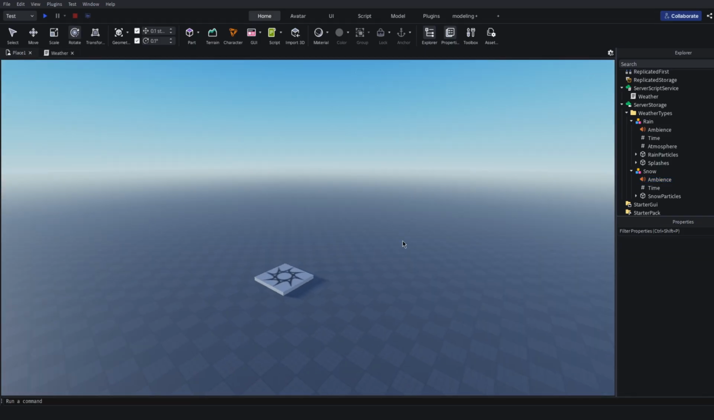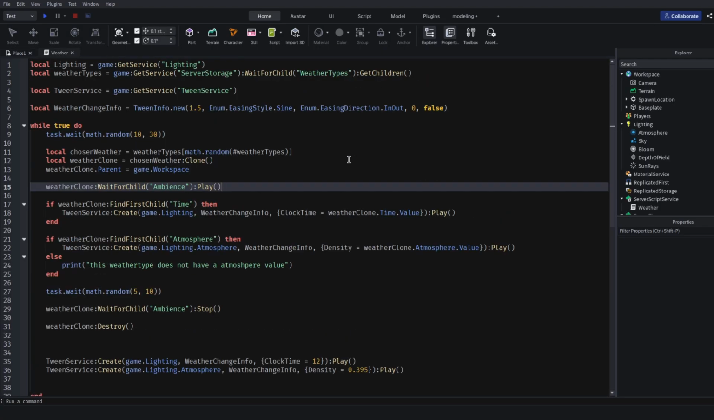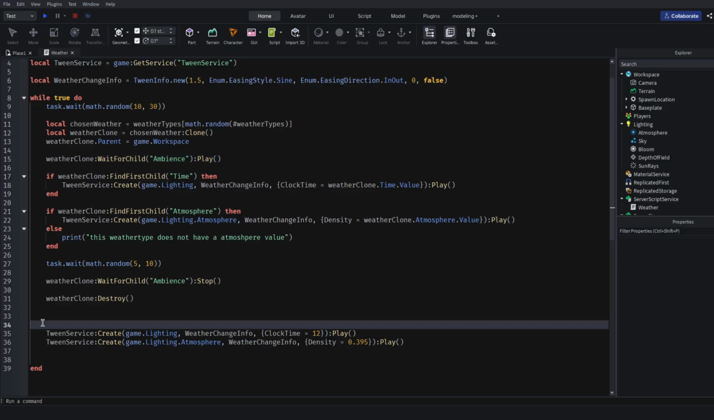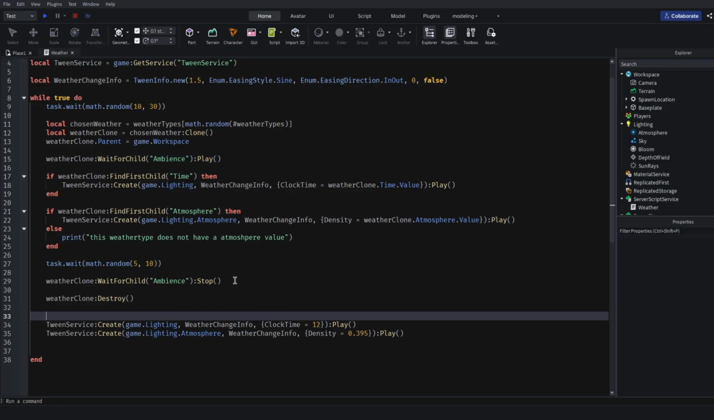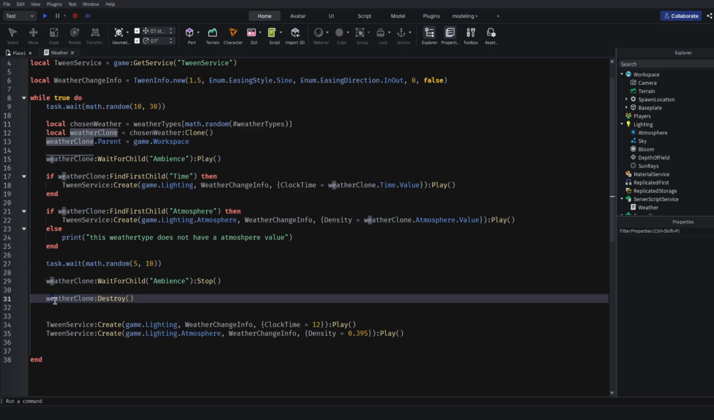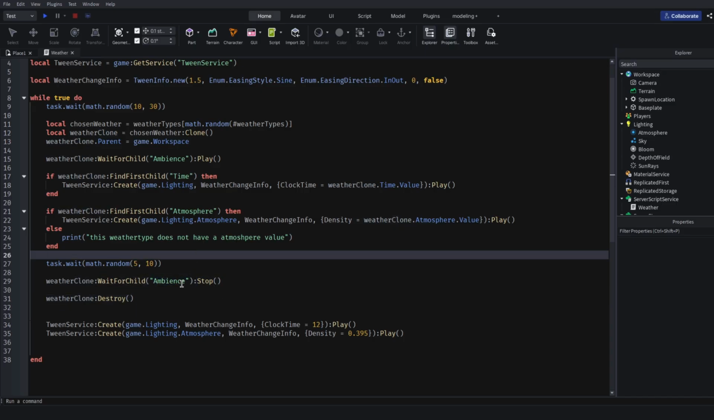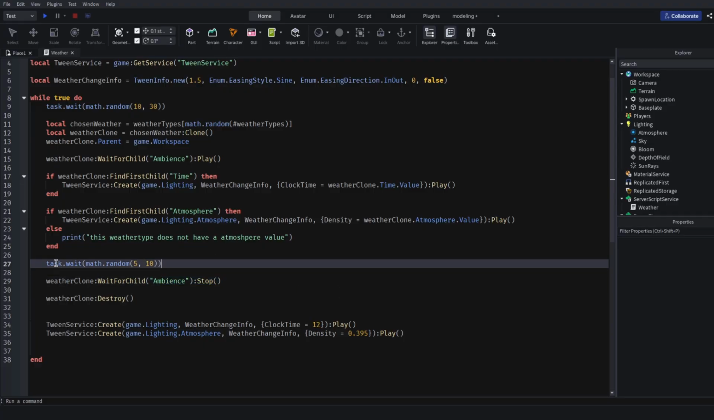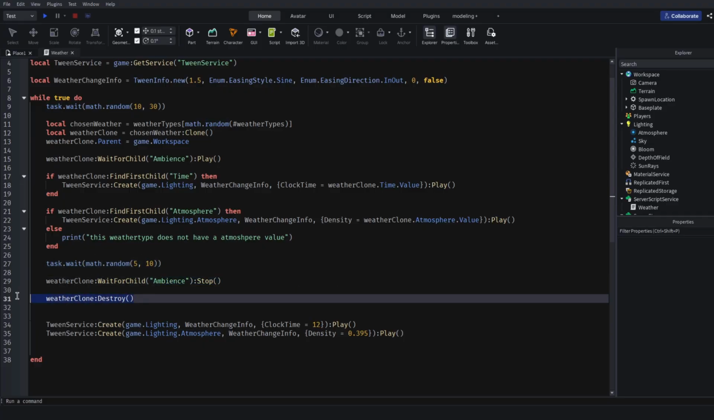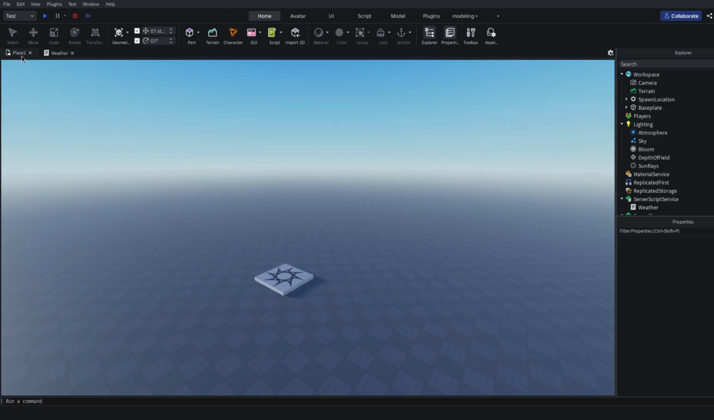So we're going to go into place one and play the game. Just a quick cut in editing. I realized there's an error. I've actually put the sound here under the weather clone destroy, because what's been happening is I've destroyed the weather clone, so when it went to this line of code, since it's destroyed, there is no such thing as an ambient sound. So you're going to want to put the ambient stop first, just under the task wait, then destroy the weather clone, and then tween it back. So now if we give this a test,